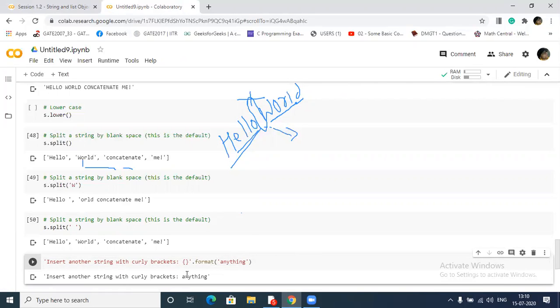So how does format work? This is called the message part.